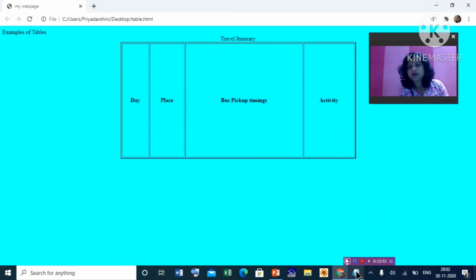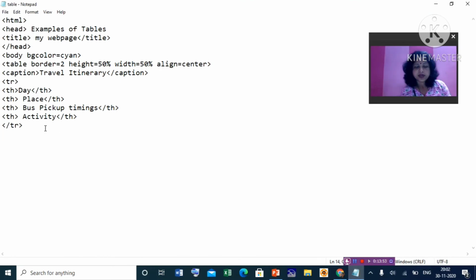Now we'll go for adding the second row. For the second row, another TR will be started, table row. Then its data, table data. For the first row only we use TH, table headings. For the rest of the rows, TD will be used, table data. Clear? So for day, 1 is given.